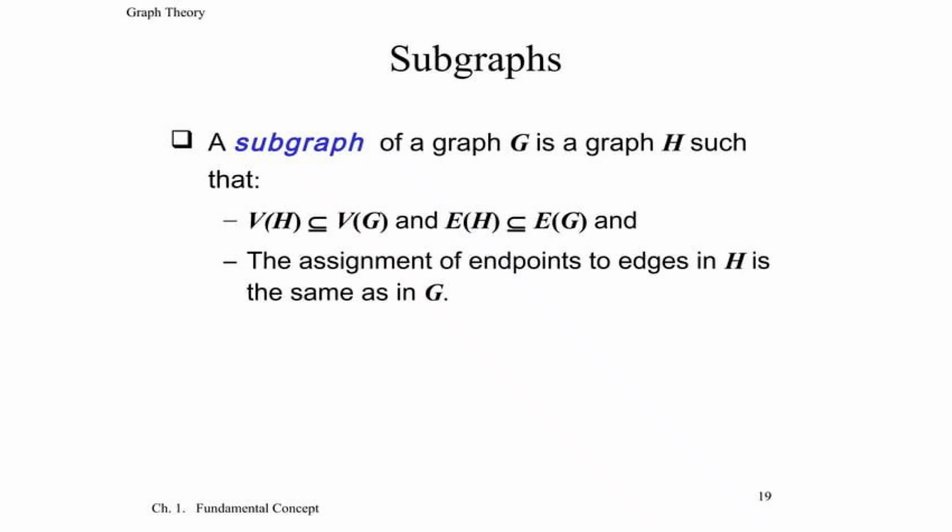The first point: every vertex in graph H must also be a vertex in G. We denote this as the vertex set of H is a subset of the vertex set of graph G, and the edge set of subgraph H is a subset of the edge set of graph G. And the second rule is